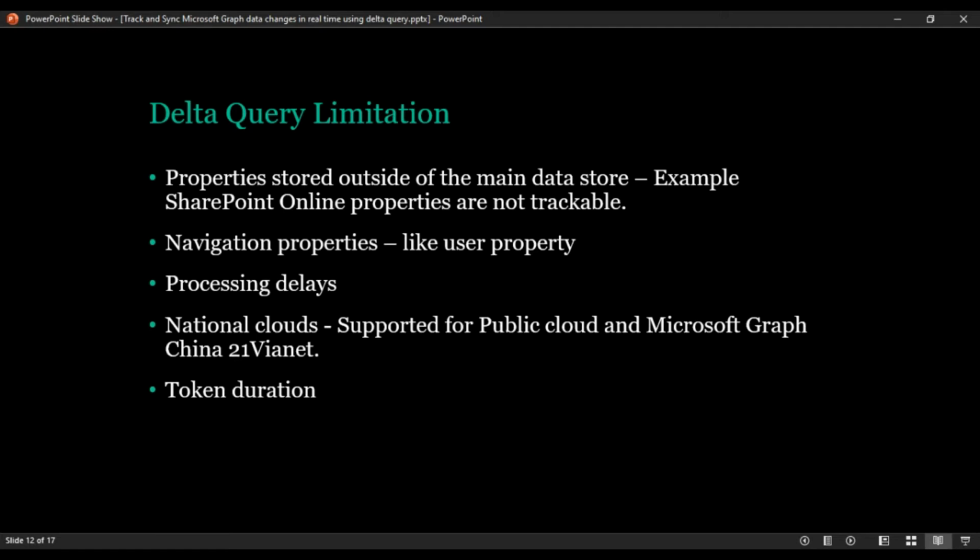These tokens are valid only for a specific time period, right? We cannot keep the token active forever, as that would breach security. But since this is just to keep the tracker, it is not like a regular access token, so you don't need to worry that it will expire in an hour, or in 6 or 12 hours. We have enough time limit for this. Most of the resources' tokens will expire only after 7 days, and for some resources the token will expire after 15 days. So it completely depends on what kind of resource you are using.